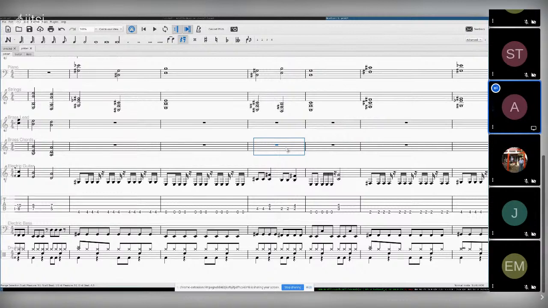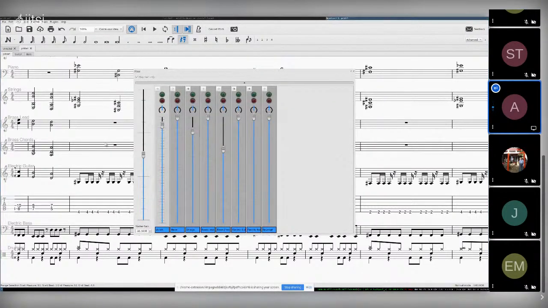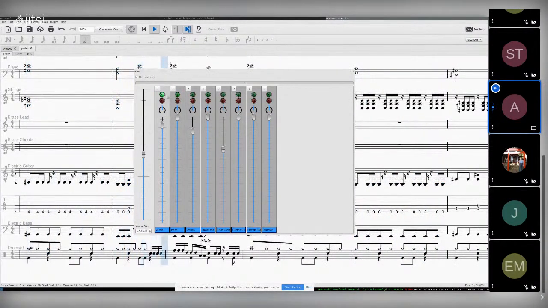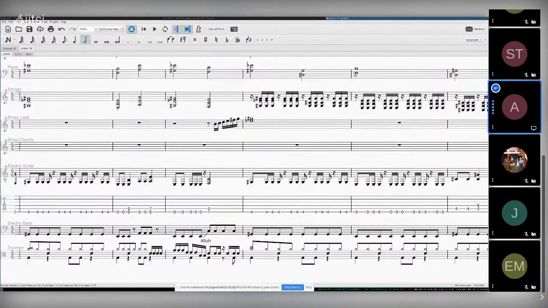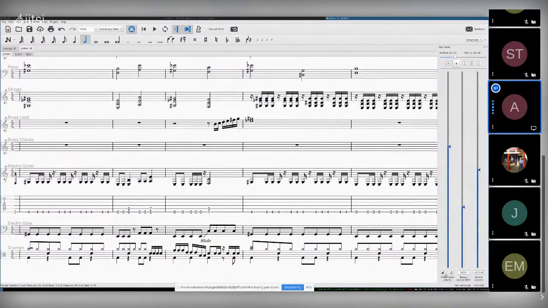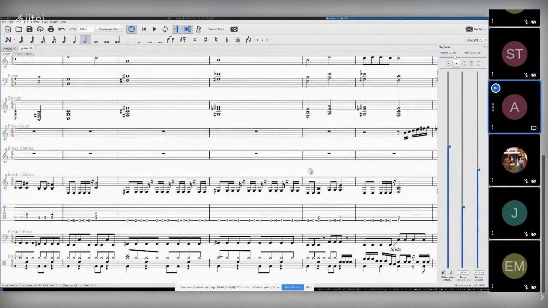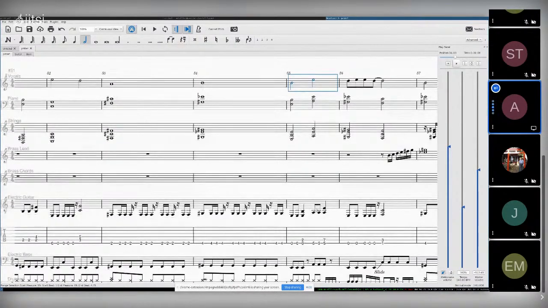And also, I have this mixer right here. Let's say I want to listen to just the vocal melody, then I can solo this and listen to just this, bring in other instruments as I want. Just a lot of really useful tools. And also, if I then think it's time to start practicing this on my guitar, get ready to play live, then I say I want to start from here. I click on this metronome here and it'll count me in. So I have some time to get ready with my instrument. I can also lower the tempo if I can't quite play it yet and I need to practice.